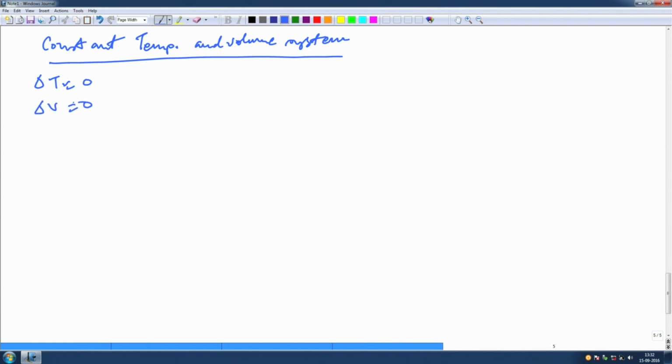The volume change is also equal to 0, that is a constant volume. If the work is PV type, that is mechanical work, then W is also equal to 0, correct, because there is no change in volume. Okay. So, therefore,